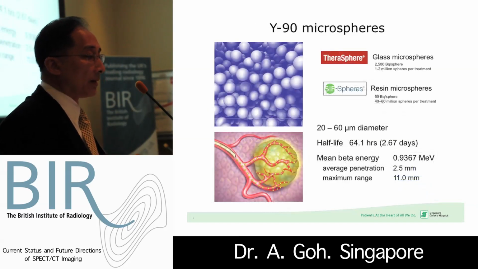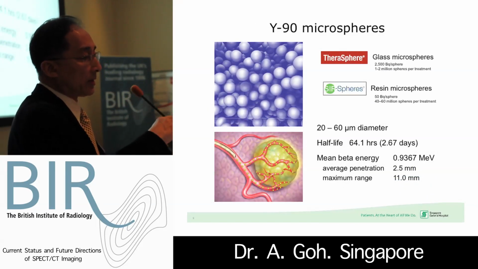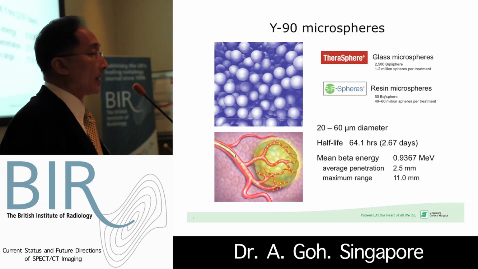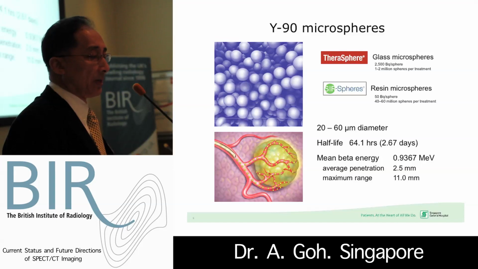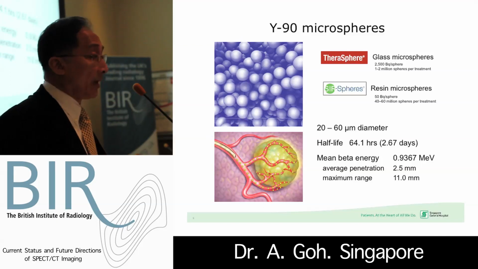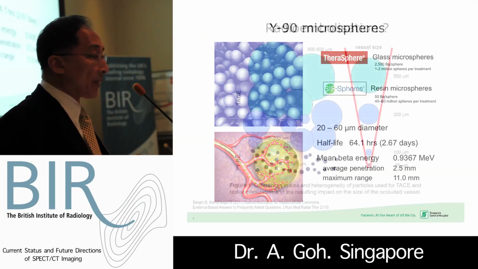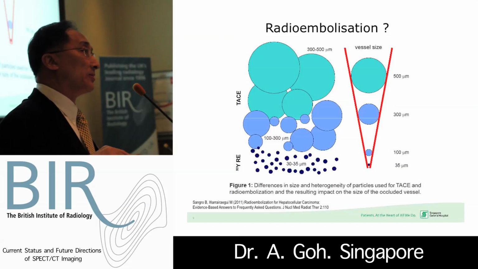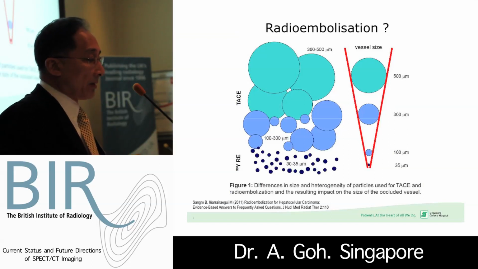Okay, as far as yttrium microspheres are concerned, there are 2 products commercially available: high specific activity TheraSpheres and slightly lower specific activity SIR-Spheres, where more particles need to be administered per therapy. The particle size, 20 to 60 microns, is similar to Tc99m MAA, which is why we use MAA as our surrogate for treatment planning. But I do take issue with the term radioembolisation, as it is normally referred to,